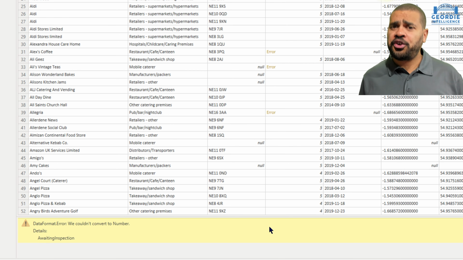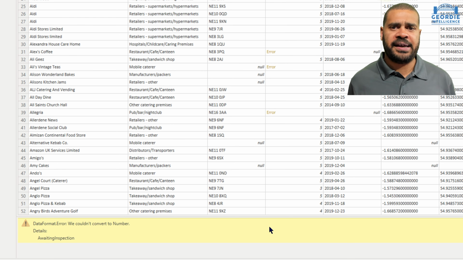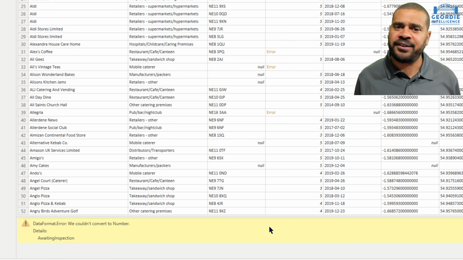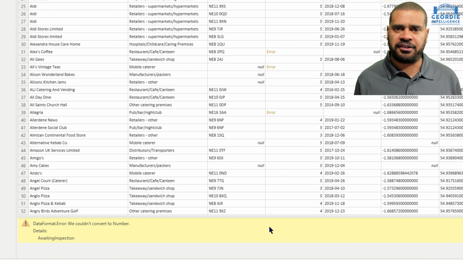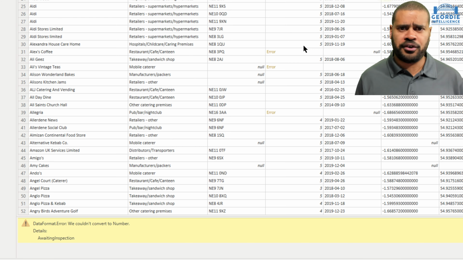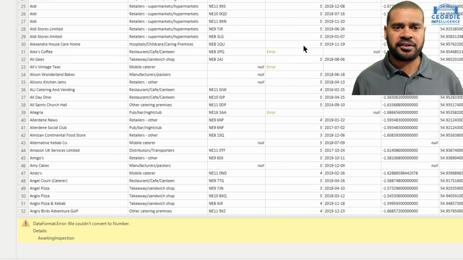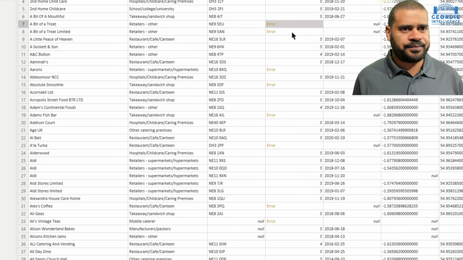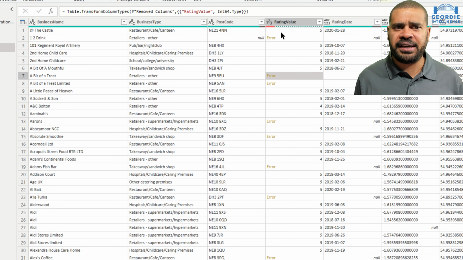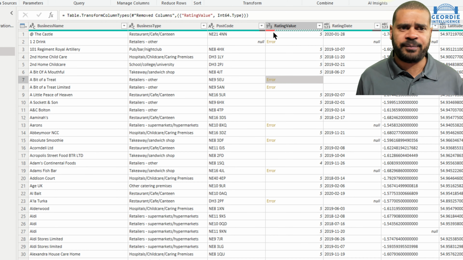So we've kind of got two options to go through with this, right? And them two options are perfectly valid. There's no issue with either of them, right? Now, it might well be that I decide, do you know what, I've said I want this to be a number, but text is fine because awaiting inspection is a valid entry, right? And it's just because we've flagged it, oh, it's numbers, put it as numbers. You know, I'll get me scores on the doors. So you can say that, which is largely why we've done this as an example. And the question would always be in terms of what's the right thing to do with it.